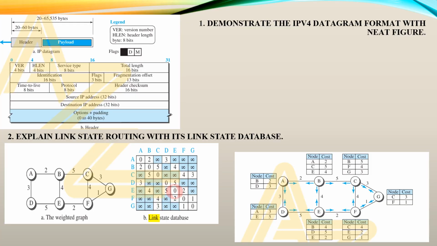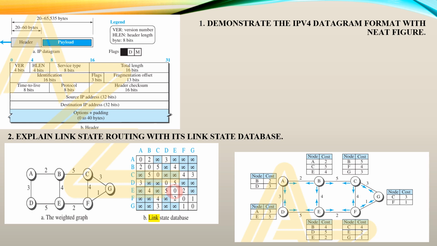Moving on to the first question, demonstrate the IPv4 datagram format with a neat diagram. So, Internet Protocol version 4 datagram format. This is the datagram format: version, header length, service type, total length, payload length, identification bits, flags, that has been erased to make sure that the bits are not overflowing. D and M are the flags and one is reserved, and fragmentation offset, header checksum, what kind of protocol, time